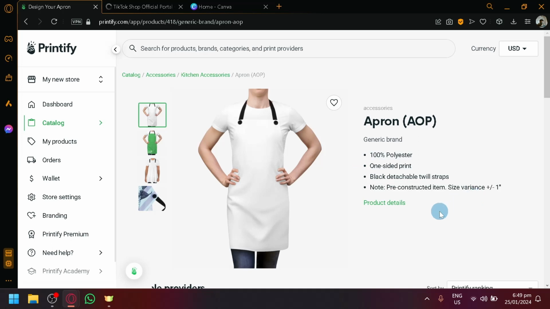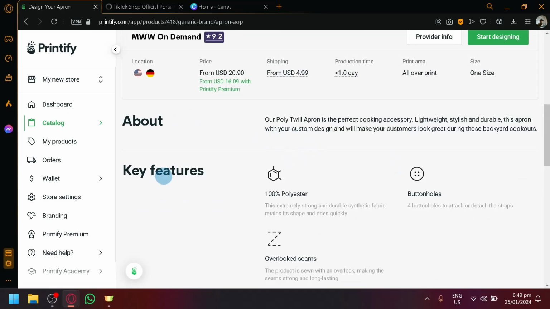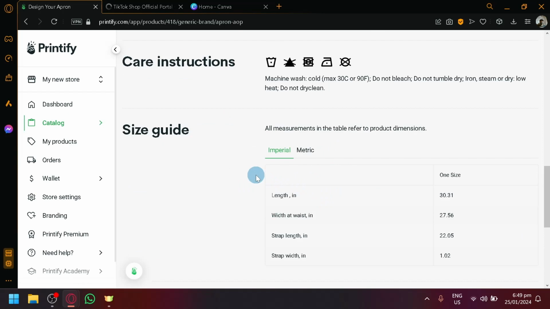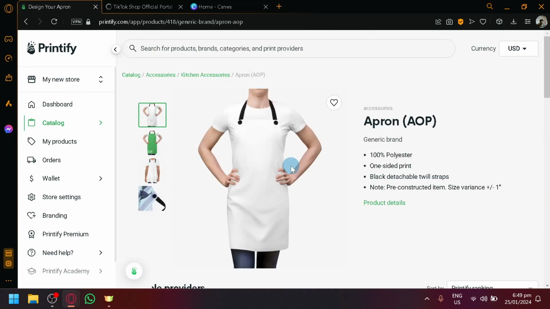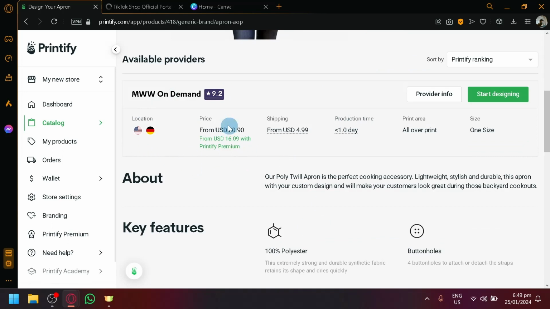And of course, selling to your TikTok shop as well. So there's that. You could see the About section over here, your different key features and instructions and sizing guides over here. The sizing guide is very important, of course, because they would like to know what size they would need to order. And there's also different types of print providers. Right now, for this specific product, there's only one, which is this one, MWW On Demand. And each type of provider has a different price range, as you can see here, and shipping and production time